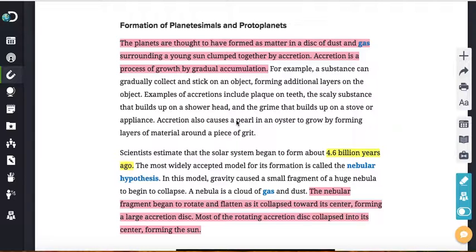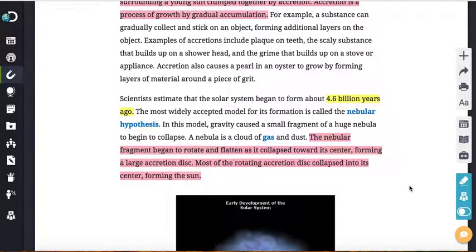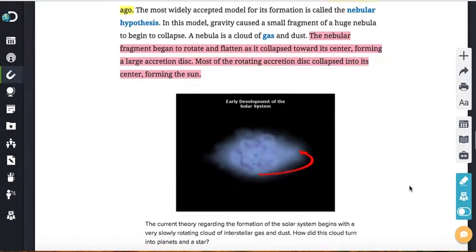That debris can start collecting more and more until the collection gets so big and heavy that it collapses towards the center, and that collapsing can cause a star, which in our case 4.6 billion years ago was our sun. We call our star the sun, but there are other main stars of different solar systems.